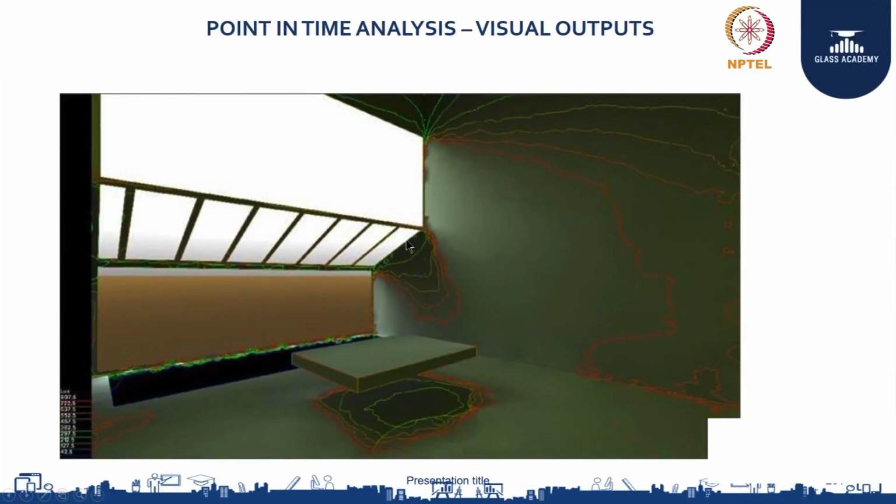So this kind of visual outputs can also be taken to understand what will be your contour lines at different areas from a 3D point of view. For example, here you can see that the different areas in the wall get different dispersions of the lux level coming inside. So here we have the legend, say for example this area is getting around 900 lux, whereas it is going down as we go towards the center. So this is one output that we take out of Radiance.